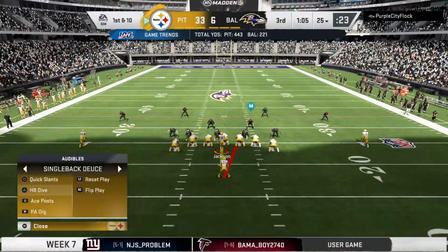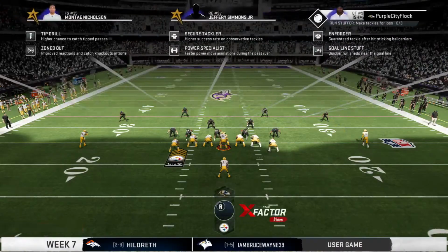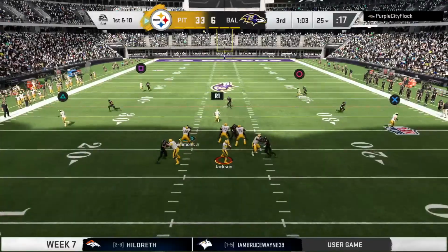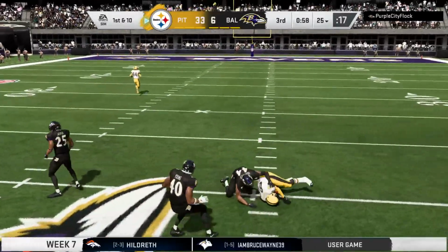The Steeler offense here about ready for their next drive. This is sort of what you would call a put-away drive, isn't it? I mean, they score here, especially a touchdown, it's almost out of reach. It certainly feels that way, and I think that they're going to call their plays accordingly because what you really